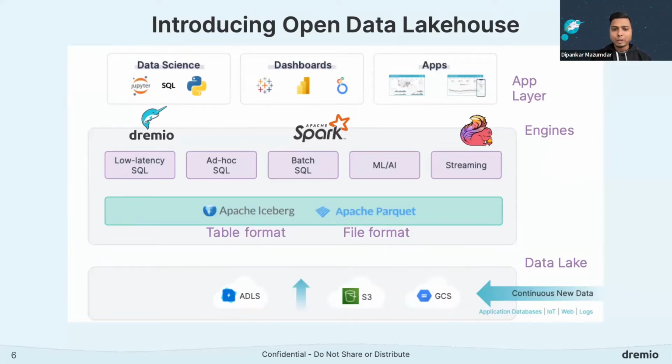Table formats like Apache Iceberg are truly open, and that allows multiple engines to use and work on the same data at the same time. For example, you can use Spark for your ad hoc SQL, or Dremio for low latency SQL, and Flink for streaming. So it gives you that agility: based on your use case and your requirement, it gives you the flexibility to use the engine that you want. Because the data is open, you don't have to worry whether it's locked into a particular vendor, or whether you have to move it out of the system.